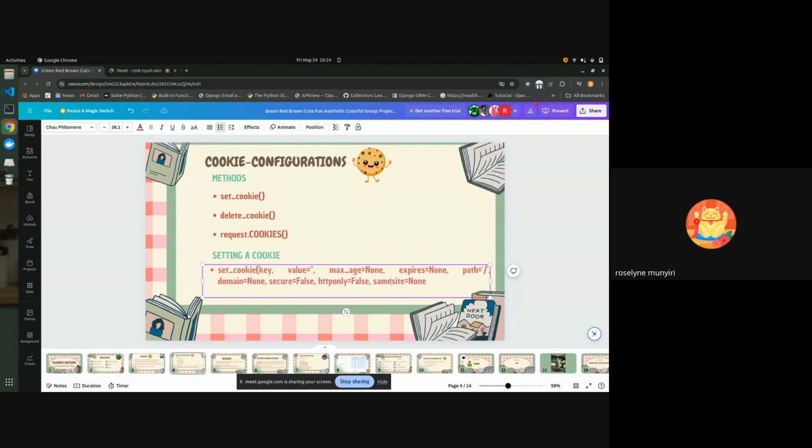But yeah, the most important ones I saw for this project that we have, and most of the projects that we are going to create, are the value, maximum age, expires, path, and secure. Yeah. So next we have,